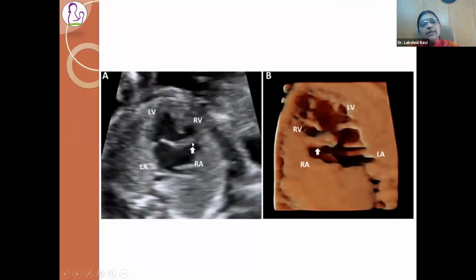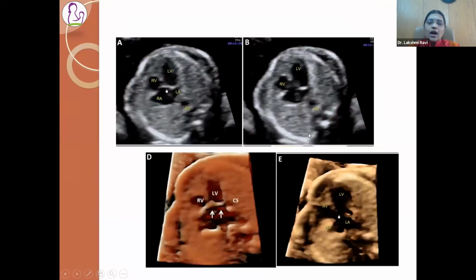And look, this is a case of a tricuspid atresia. So you see that this is the right atrium, right ventricle, and you see that the valve does not open. There is no valvular structure here, but on HD live imaging, you clearly see this shelf-like tissue here. There is no valve at all here, whereas here you see the valve nicely opening and closing in a case of tricuspid atresia. So this is a common AV valve for you.